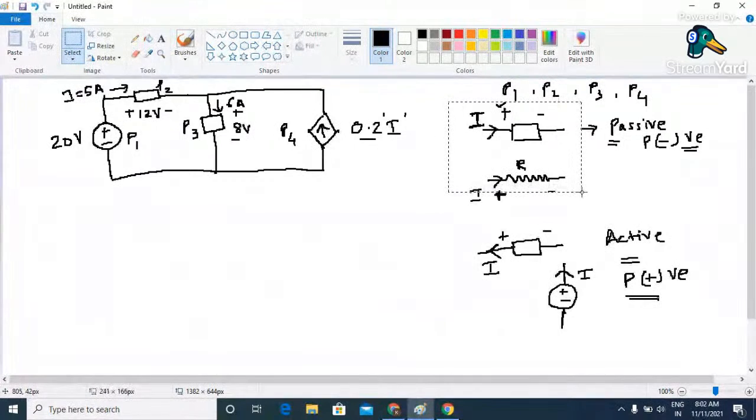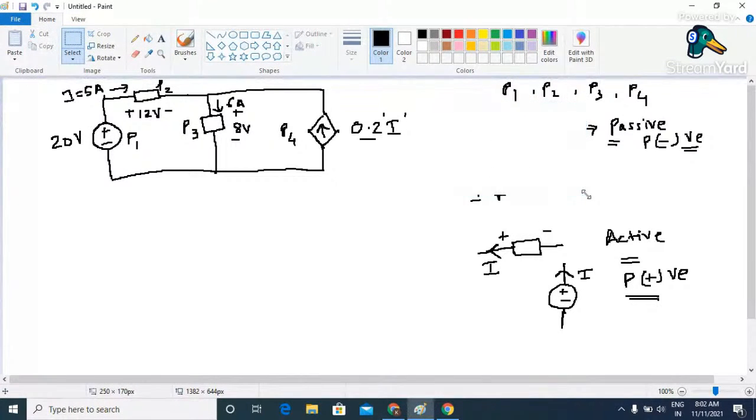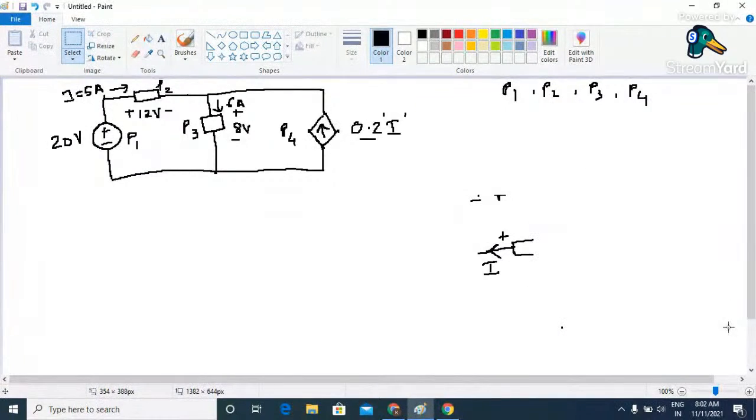So ultimately our objective is to calculate the value of this power. So how to solve this? Apply the logic and try to find out the value. It's very simple. See here. Now in this case, our objective is to find the value of P1, P2, P3 and P4. So first, let us try to find out the value of P1. So what is P1? P1 is nothing but the power across this particular